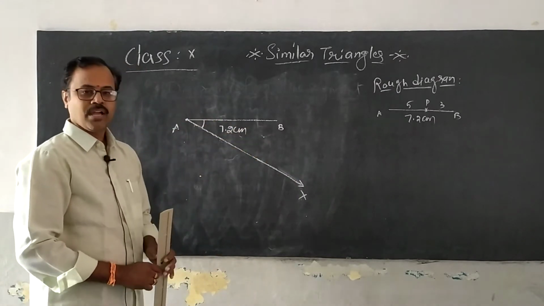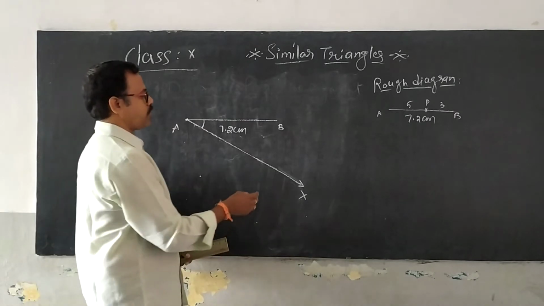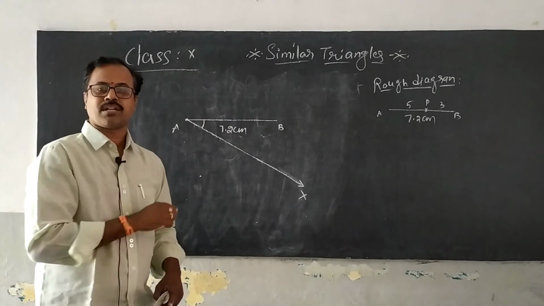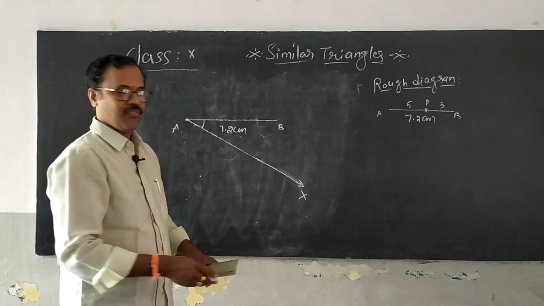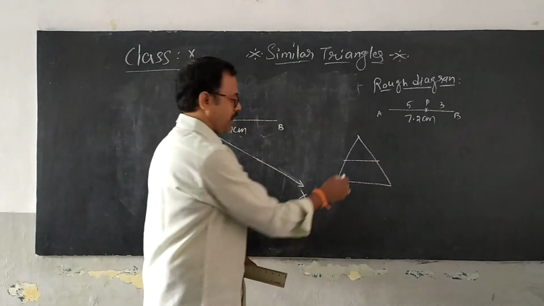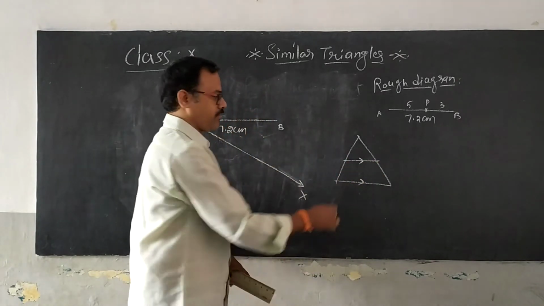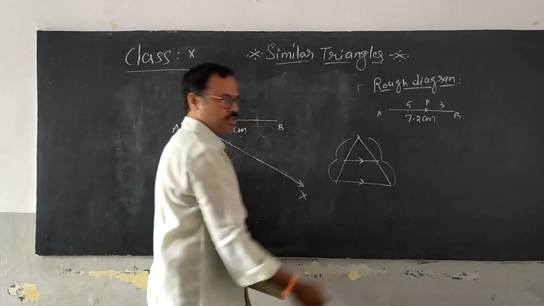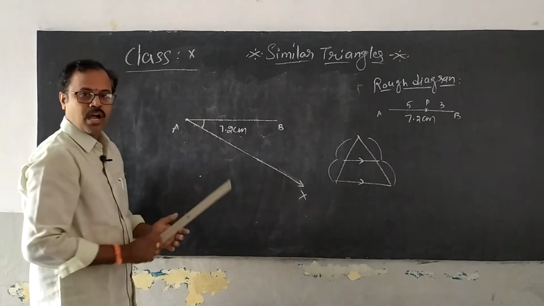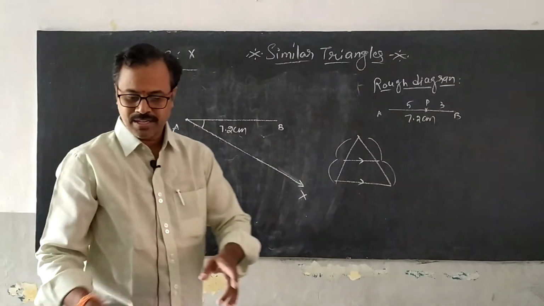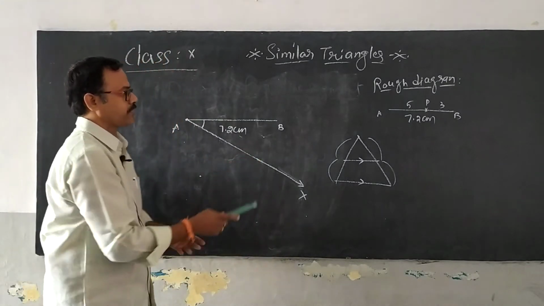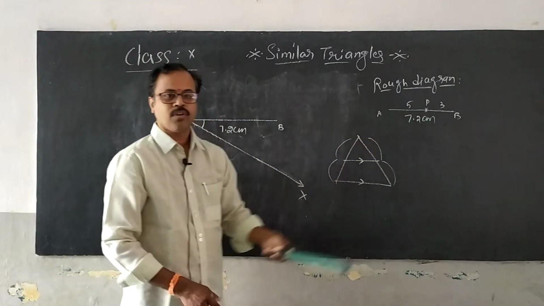Okay, right. And one more thing, here we are going to use BPT. What does BPT say? Basic proportionality theorem. It says that if a line is drawn parallel to one side of a triangle and divides the other two sides, it divides them in the same ratio. Now I am going to create this here. How do I create it? Let's take a compass. How many parts is AB in total? I said 5 and 3, total 8 parts.